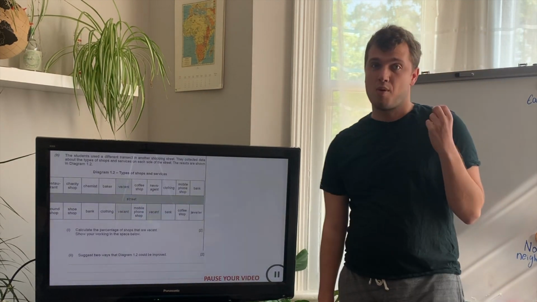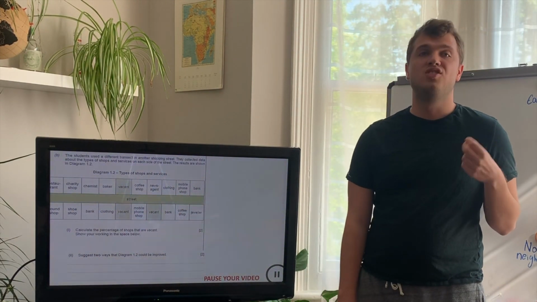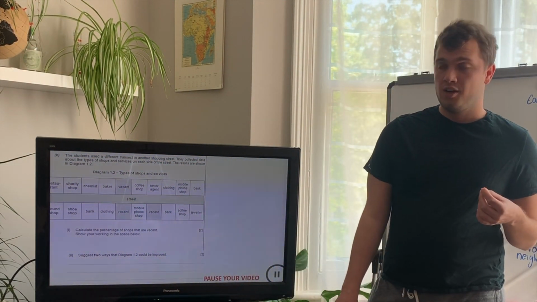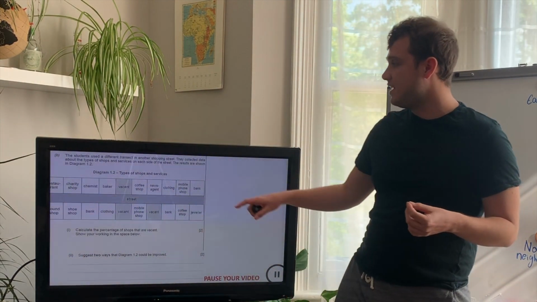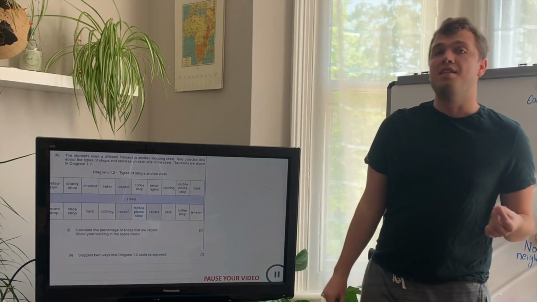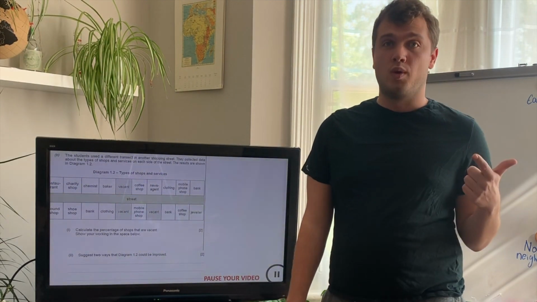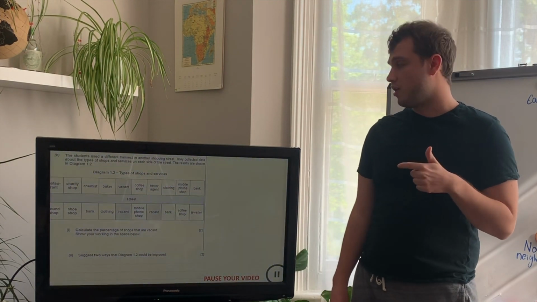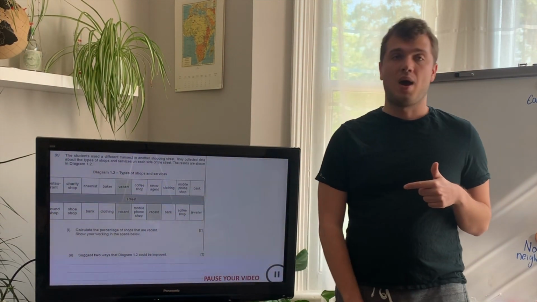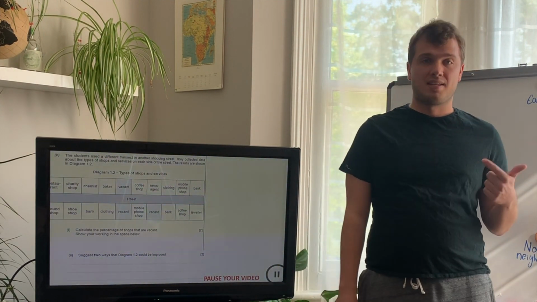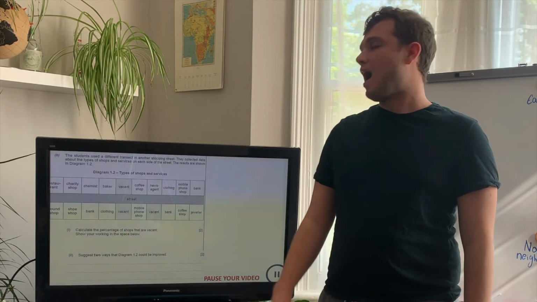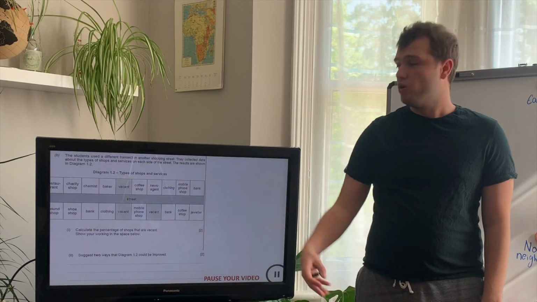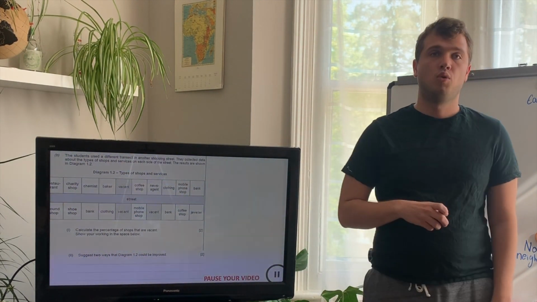I will quickly talk you through how to do your percentages. You need to count up how many units there are in total. So once you've added up how many units there are in total, you then need to count how many vacant units there are, and then you divide the vacant units by the total number, and you times it by 100, and that will give you your percentage, okay? So pause your phones, work out your percentage, and have a go at this question here. How might this diagram be made better? Think about how we could make it clearer, how we might be able to group and categorise, how we might be able to add colour to it, all right? What's missing from this diagram? Pause your phones now and have a go at that.